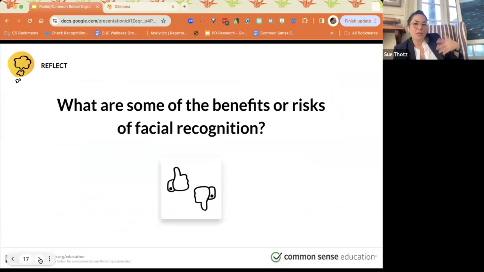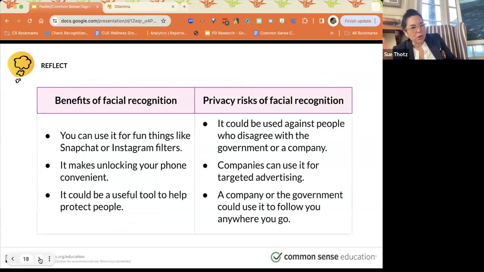So what are some of the benefits or risks? We've put some down for you, right? We could have done a little exercise today where we talked about the benefits, and could have used a Padlet for that. Benefits and privacy risks of facial recognition for efficiency's sake today. I just put these in here. Of course, many of our students use Snapchat filters and unlock their phones. It could be useful for protection when we think about Homeland Security and the ways in which they use facial recognition as anti-terrorism measures.